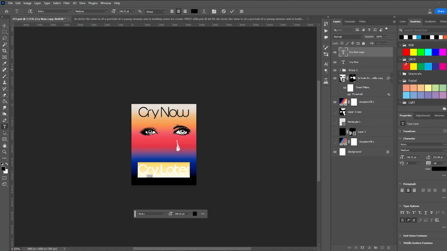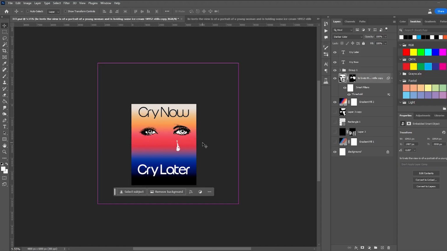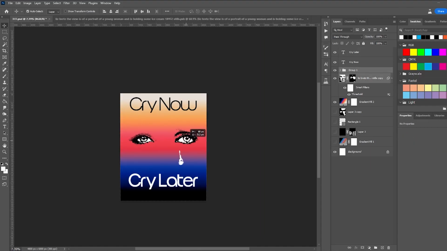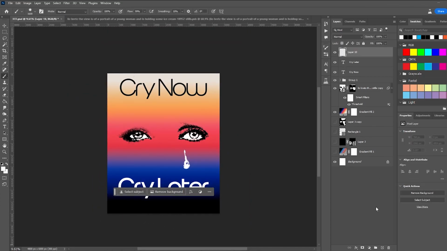Also, as you can see here, I'm trying to figure out now, I've already liked this layout right here, and I'm like, all right, what text? I feel like now we need text. Also, I added that white layer underneath the eyes to make it really pop out, and I really like that. Now I'm just trying to figure out what I want to say.